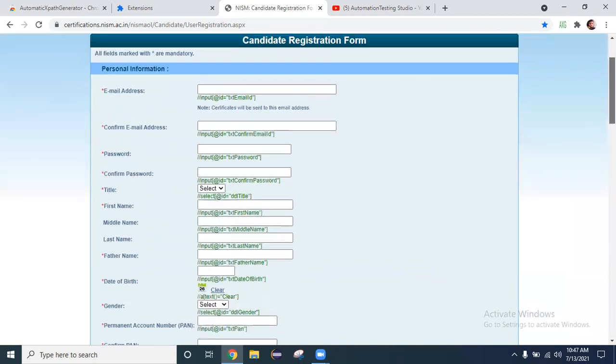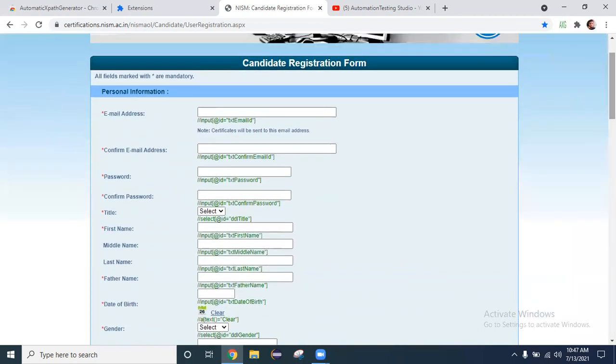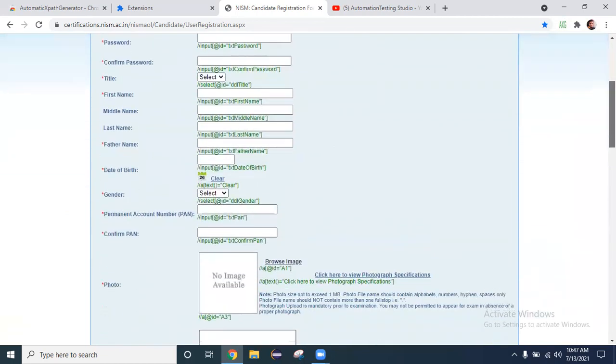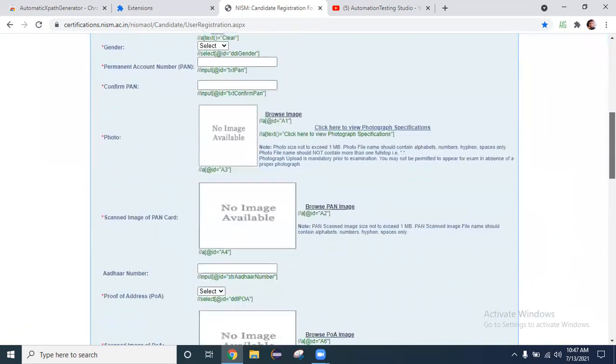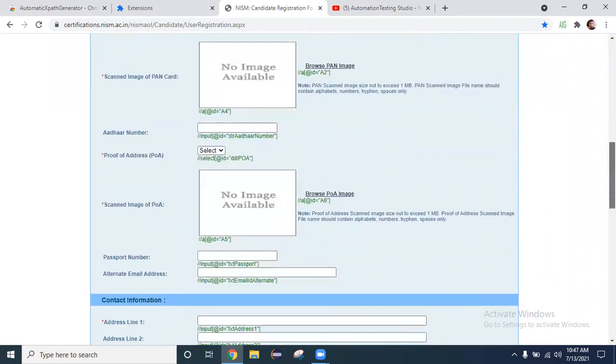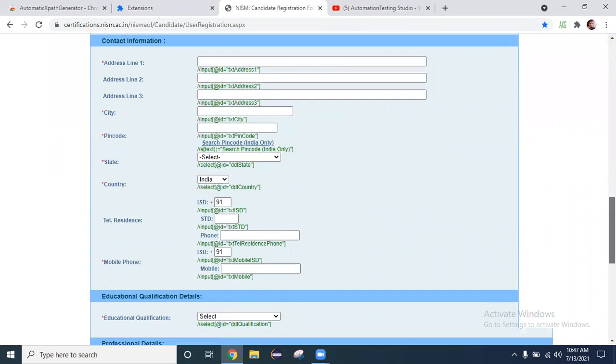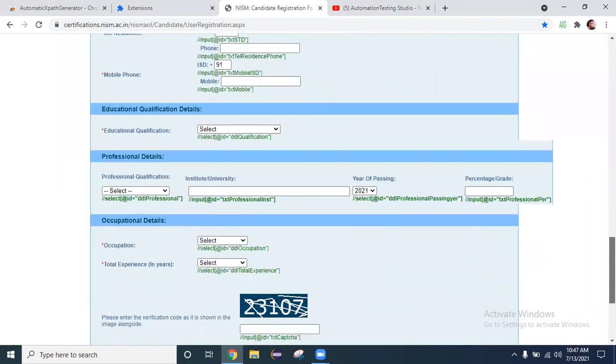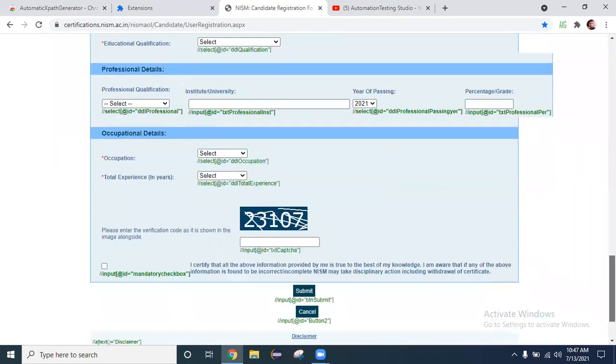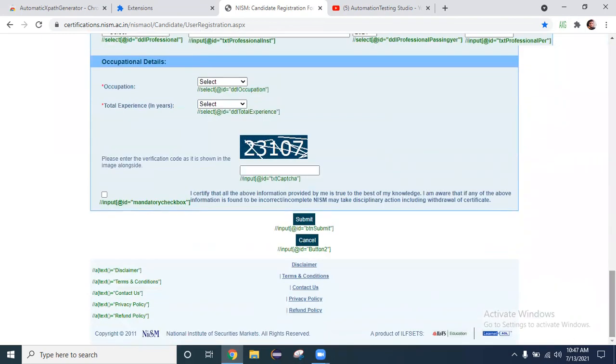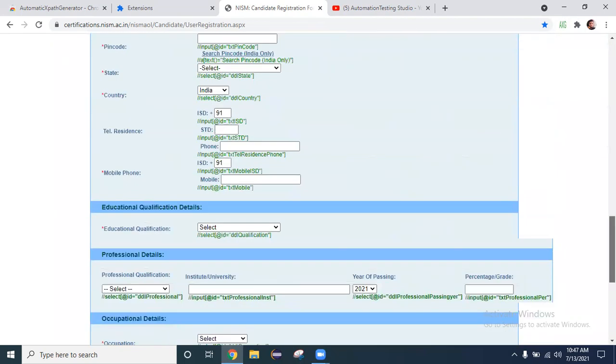And now, if you see here, for the text elements, for the select element, for anchor tags, for links, for buttons, so different types of elements, we have got the XPath.